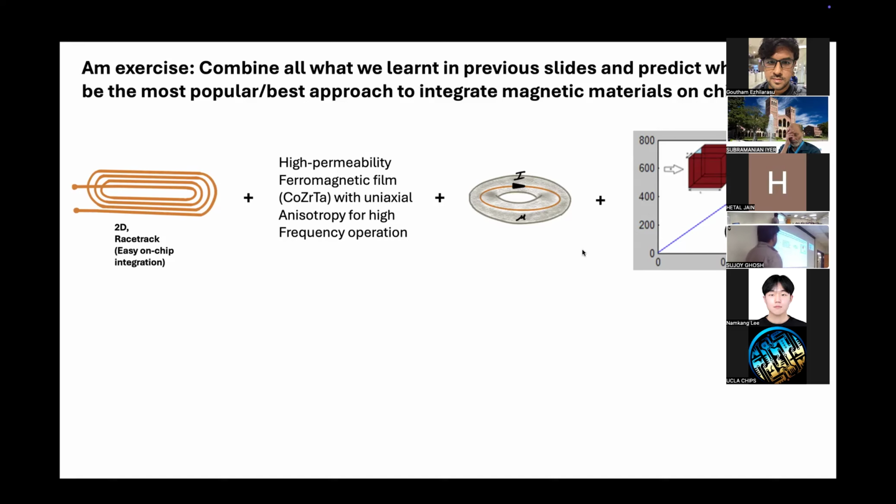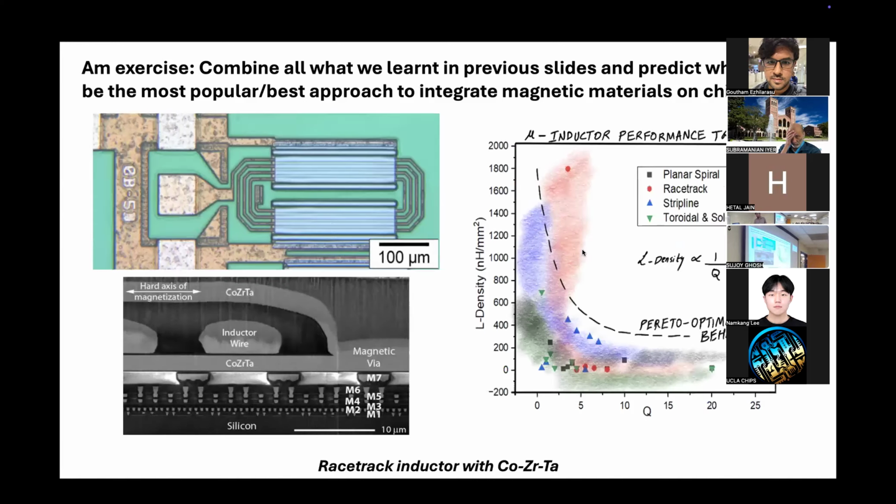So if you combine the 2D racetrack plus high permeability material, plus have the magnetic material in such a way that it essentially is as close to the conductor as possible and wraps around, plus use laminations, right? So combining everything we learned so far, that's where you get the most popular inductor in literature, which is the racetrack inductor, okay? So here you see the racetrack inductor, and if you look at a cross section in this direction,